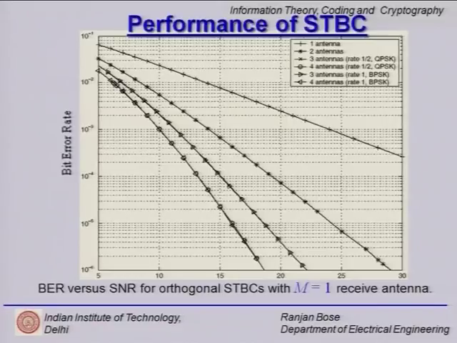So, if you see, on the x axis we have the SNR in dB, on the y axis we have the bit error rate. Now, we have lots of curves here. Let us look at this top one, which is the worst performing curve. It is for a single antenna system. So, you do not have space-time block codes. For the sake of discussion only, let us make sure that we understand that m is equal to 1, that is, it is a single receive antenna. So, when we talk about multiple antennas, we are putting them at the transmitter.